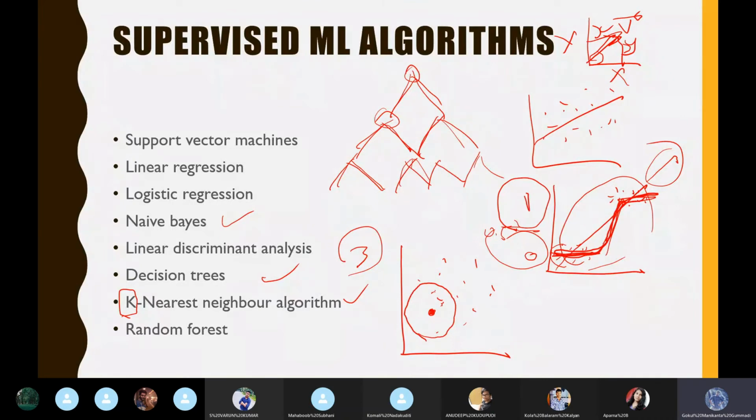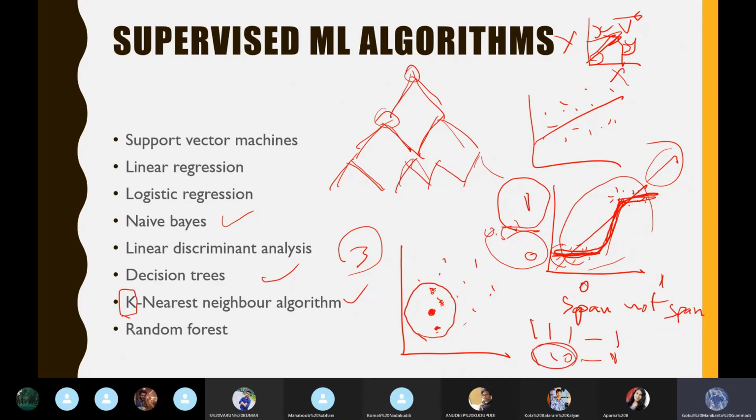Let's say we are predicting a categorical variable, either spam or not spam, where spam is 0 and not spam is 1. If these 3 data points in the radius of the unpredicted value are showing as 1, then the system will understand that this needs to be 1. Let's say the 3 data points are 1, 1, 0, like 2 of them are 1s and the other one is 0. Again the system will understand that the majority is 1, so it needs to be 1.